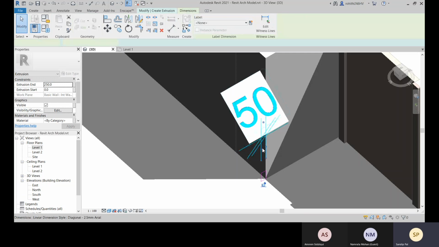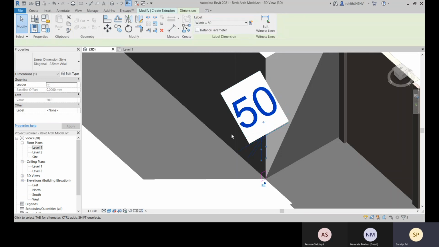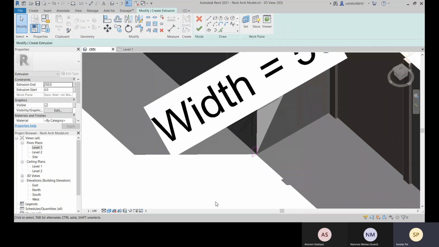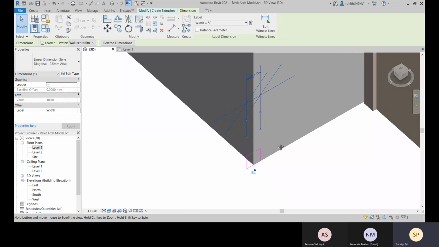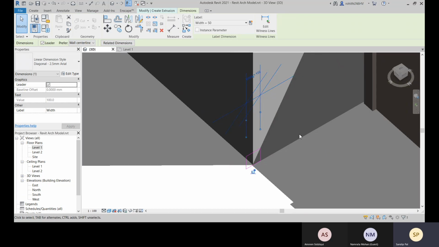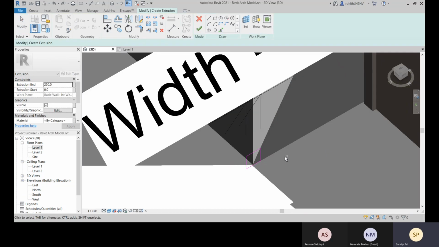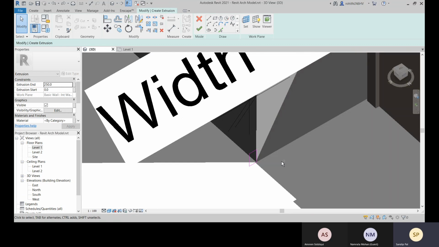Okay, now select this one, go with this width. Now let me change the value and let me see if it's working properly or not. Okay, so here also I'm having the same problem.